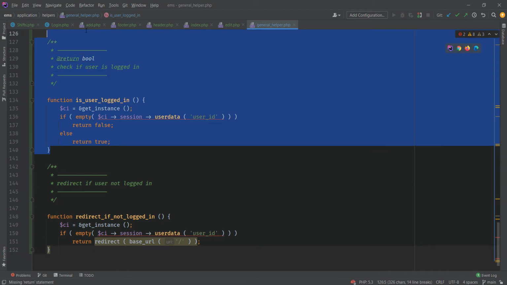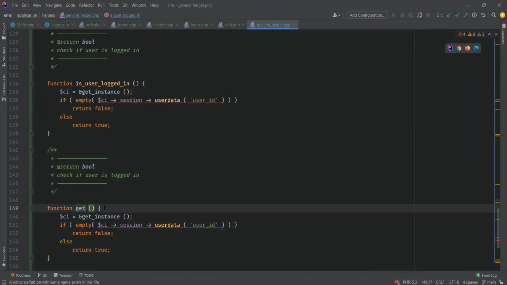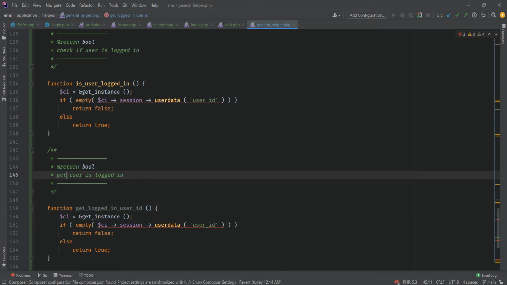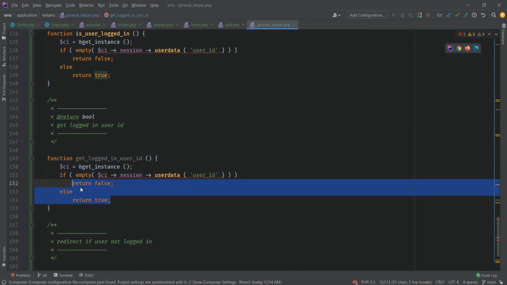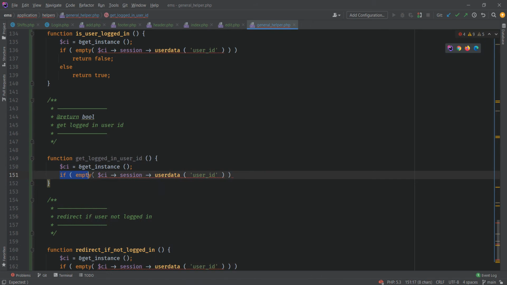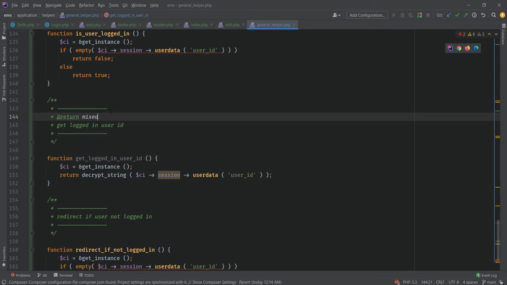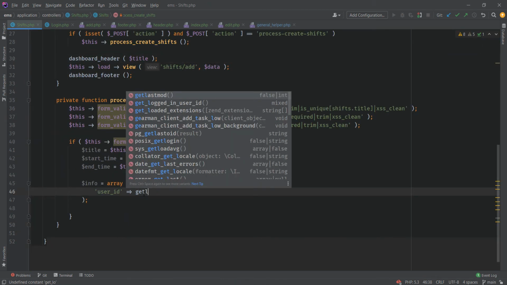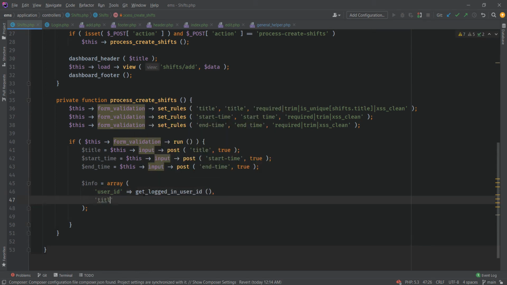For that what I will do is basically just check this out: get_logged_in_user_ID. And this will simply return me the session data, and obviously this will return me the user ID. Obviously we have the encrypted user ID, so I just want to decrypt it before returning it. So return the decrypt string, and just return the user ID. Now we can easily get it, get_logged_in_user_ID, and the title is basically the title,